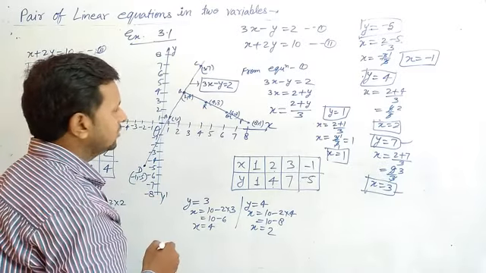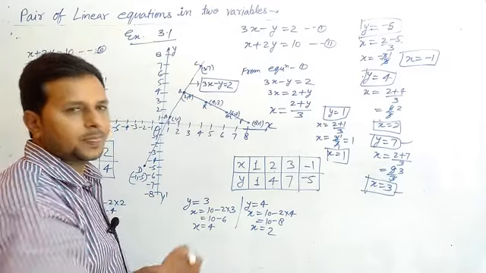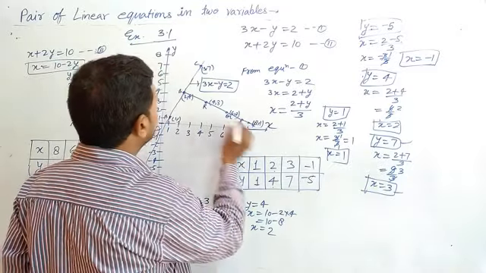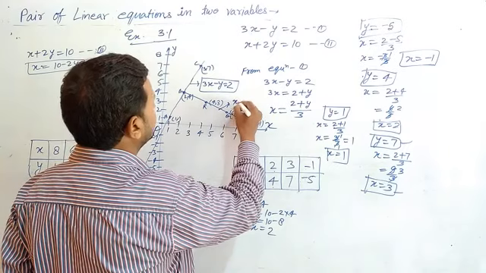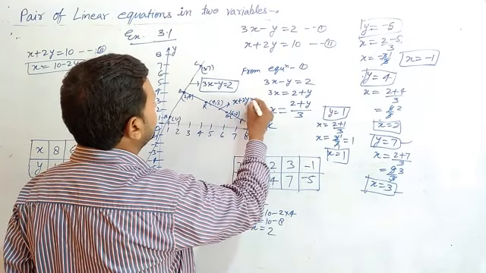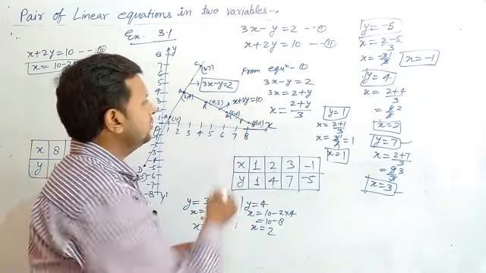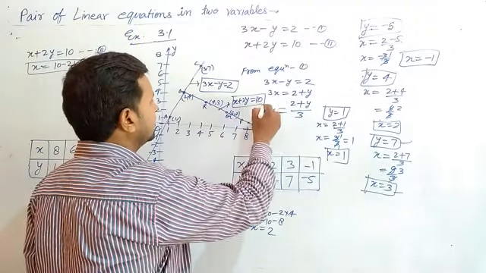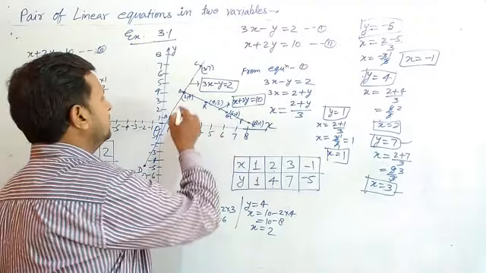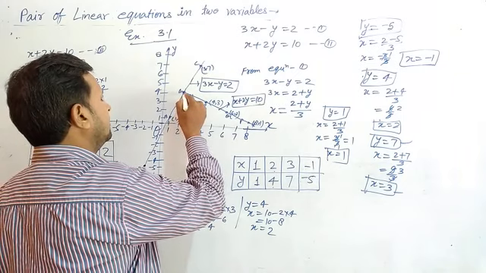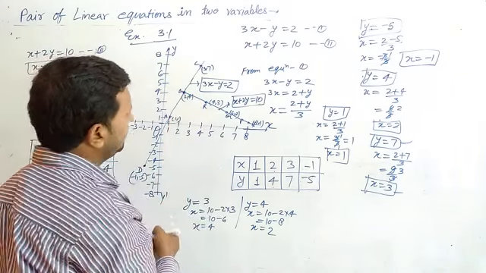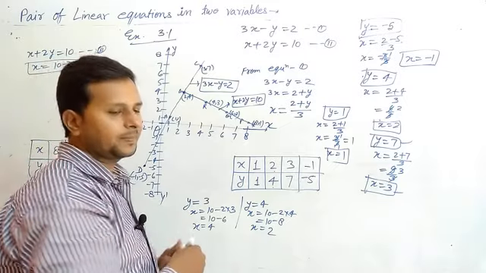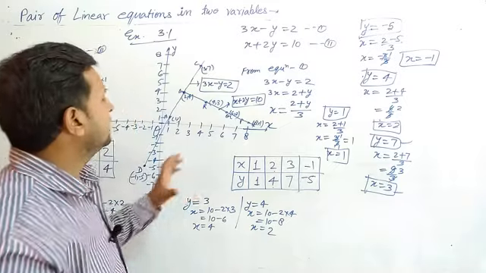Okay. So this is the first equation, and this is known as equation number 2, x plus 2y is equal to 10. Okay. In this way we can say this is the second equation, and both lines intersect here, at point B. It's right. Now it is completed.